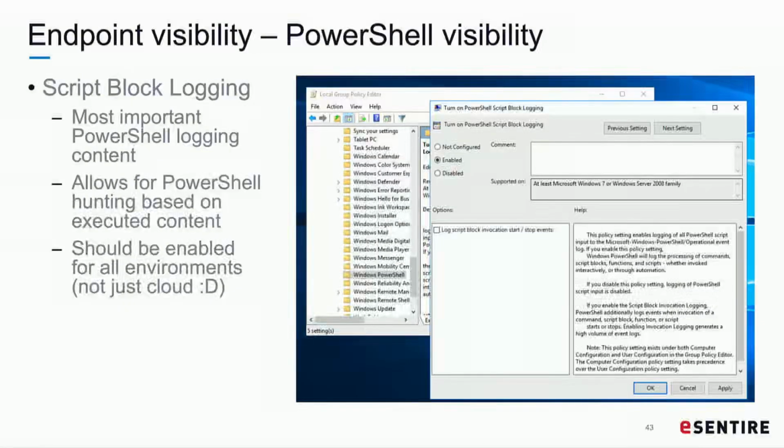Script block logging is super easy to implement. I recommend this is implemented across all infrastructures, on-prem, cloud, wherever. Anything that's bad related to PowerShell will have clear indicators on the other side of the script block logging. So you should be collecting this, and if you are looking to do threat hunting, you should be using the decoded data on the back end to look for bad things that are happening within the environment.